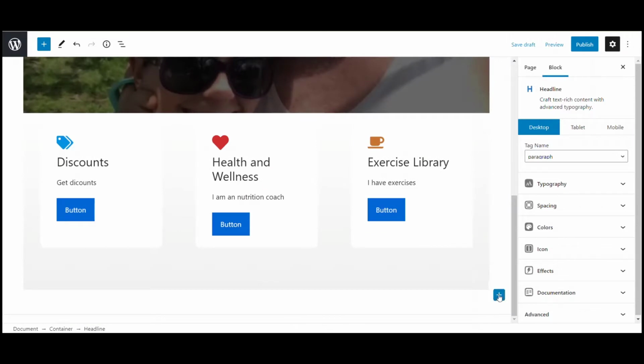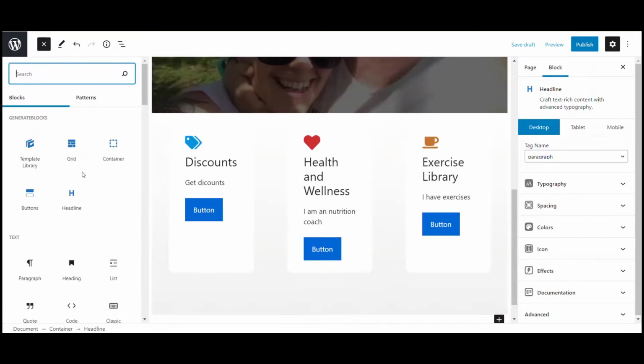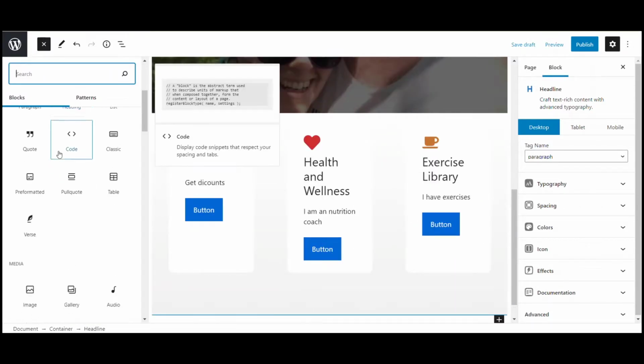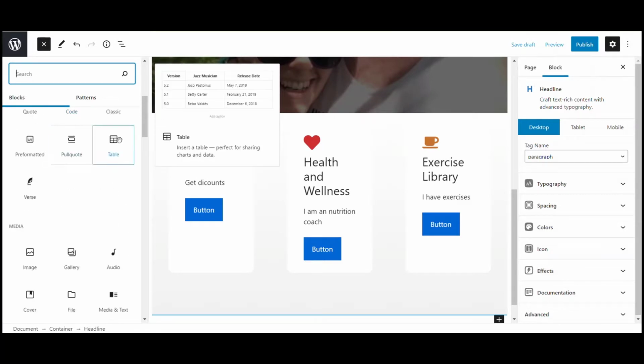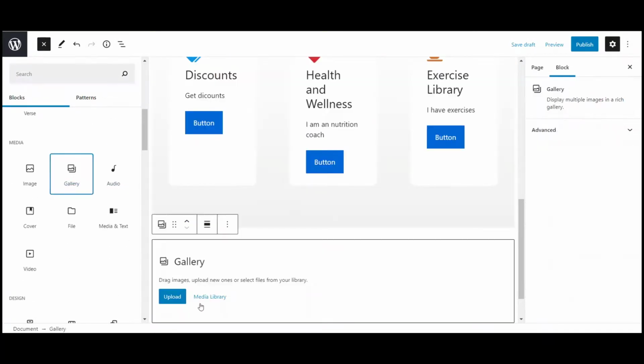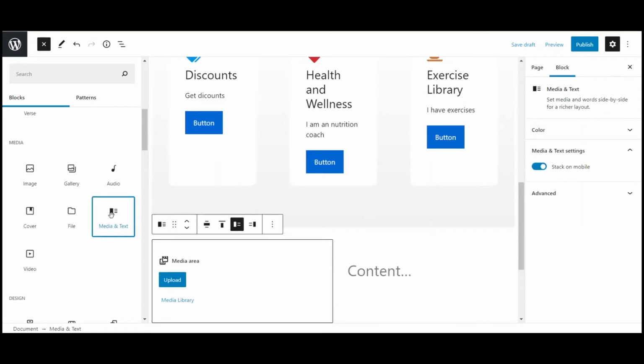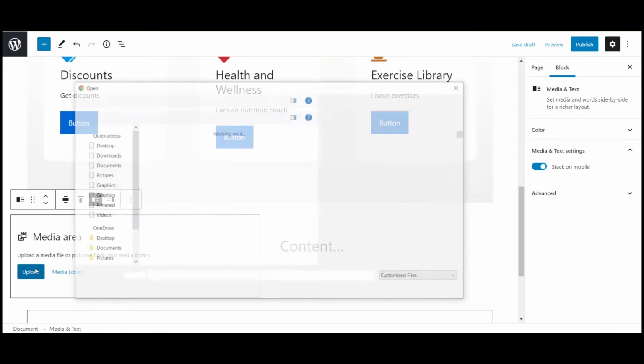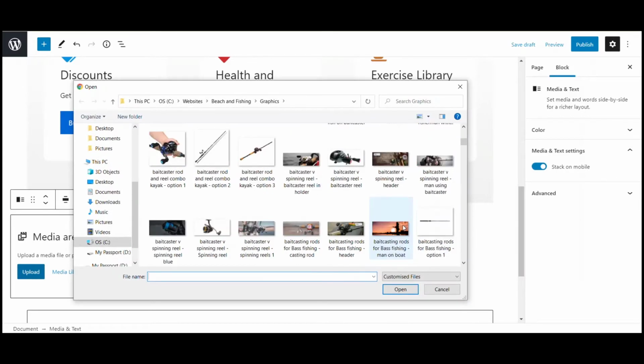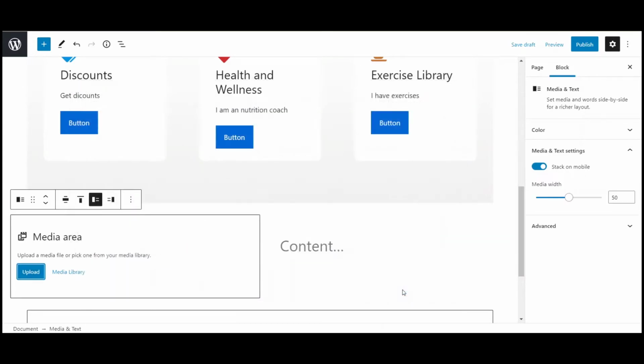Or if I try and add another one, let's see what we've got here that isn't from Generate Blocks. So you can create a table, you can create a gallery. So I could create a gallery there, and I can upload images there for my gallery. Media and text, so I could create something like that. So if I upload to media, say I'm dealing with fishing rod reels, that has nothing to do with what we're